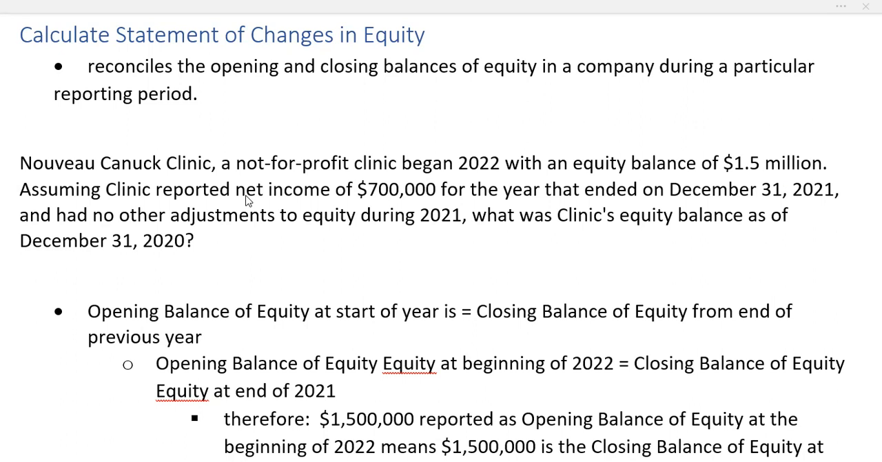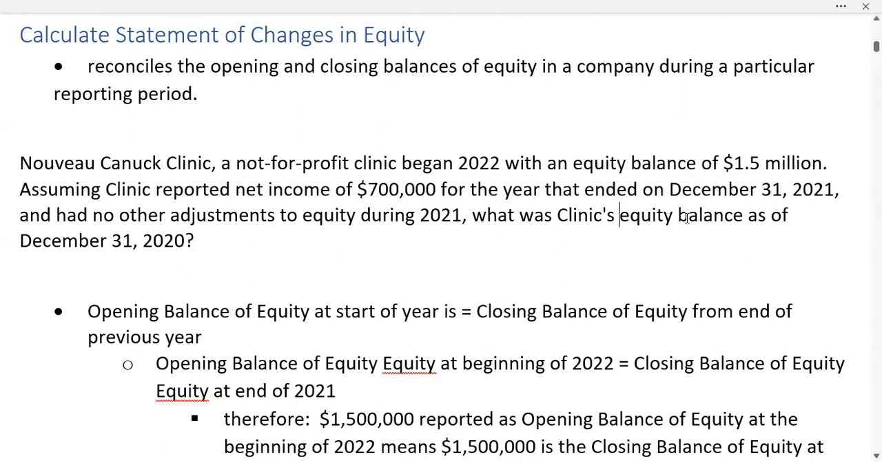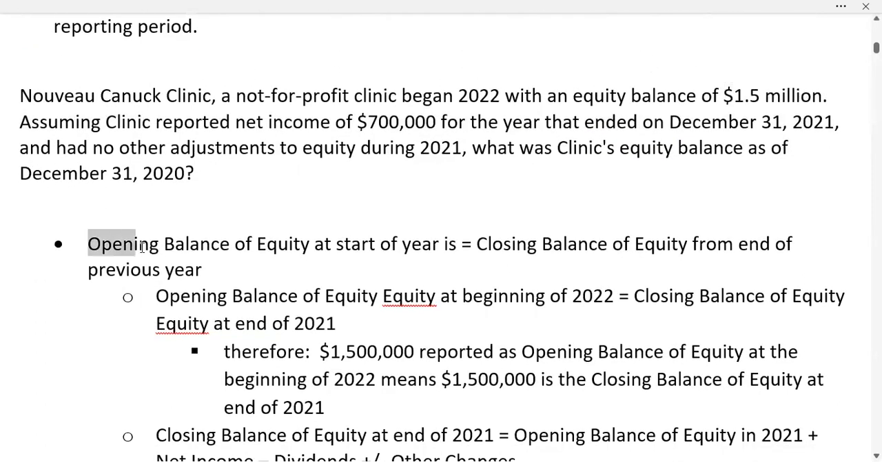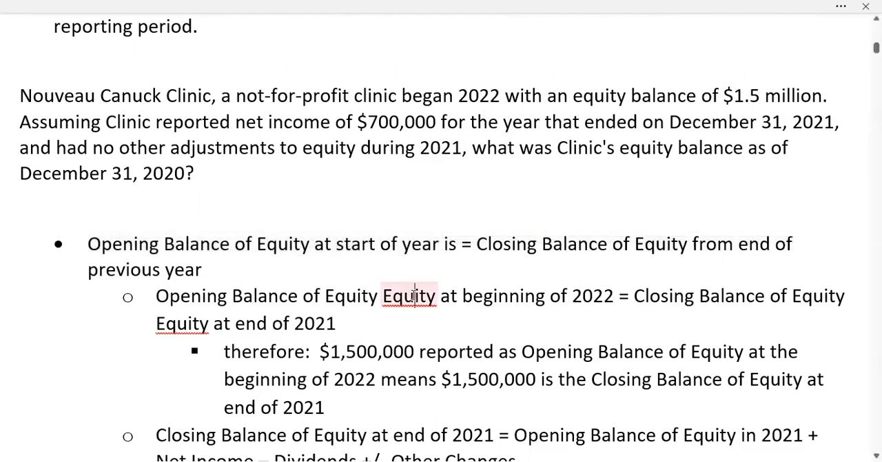And so essentially we are looking at 3 different time periods here, with the beginning of 2022, and we have reported income also in 2021, but we are actually looking for the equity balance for December 31, 2020. Okay. So we know that the opening balance of the equity at the start of the year is equal to the closing balance of your equity from the end of your previous year. So in this case, we are looking at the